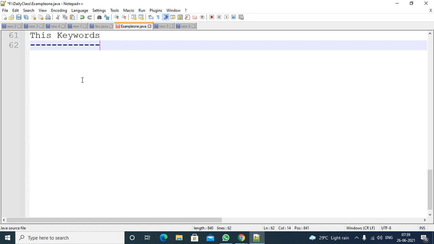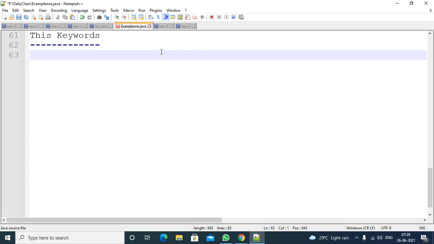In today's class, we will try to discuss what the this keyword is. Actually, there are 3 or 4 points, and we will try to cover those. So, the first one: this keyword